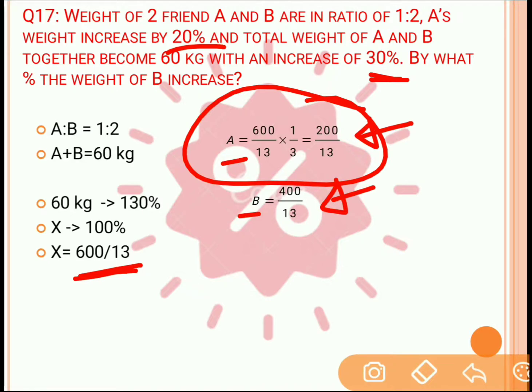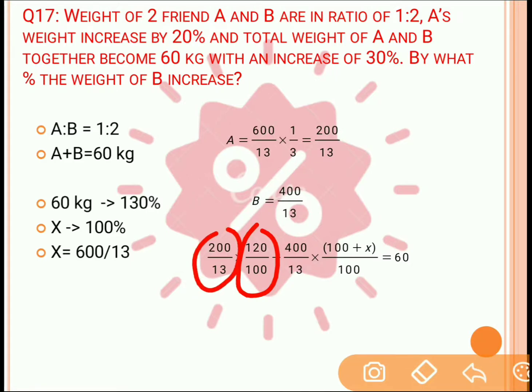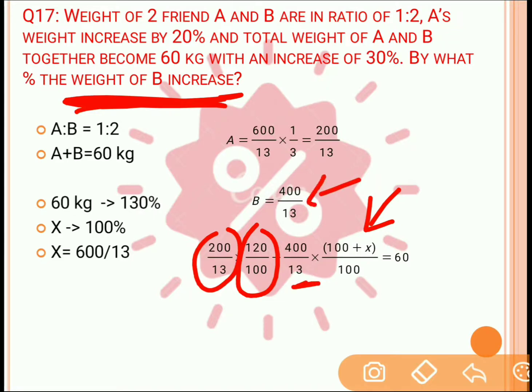So this 200 by 13 has been increased by 20%, so that the total weight increases by 30%. You can say 120 by 100, which is nothing but a 20% increase of A on this original weight, that is 200 by 13, plus some X percentage of the weight will be increased by B. So X percentage is nothing but 100 plus X by 100 of this 400 by 13. So 400 by 13 is nothing but the original weight for B, and this original weight has been increased by X percentage. Now, if we add the weight of A and B, which is equal to